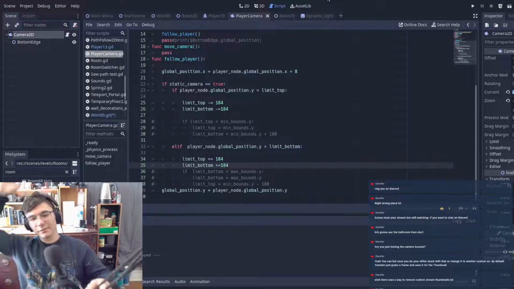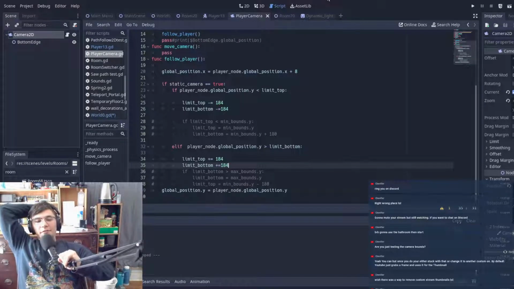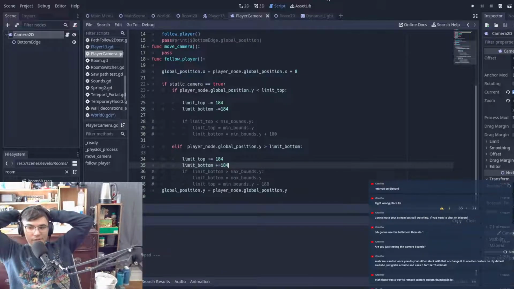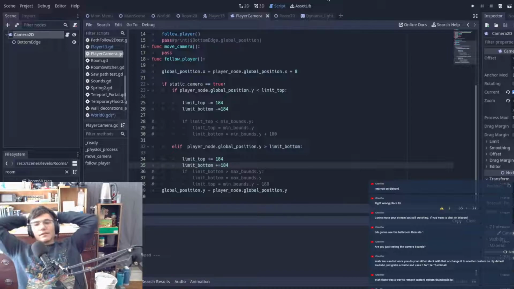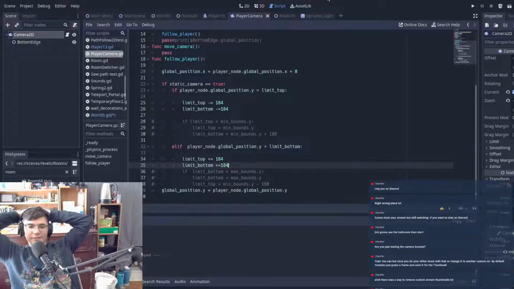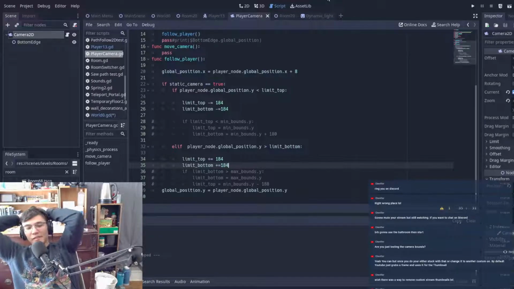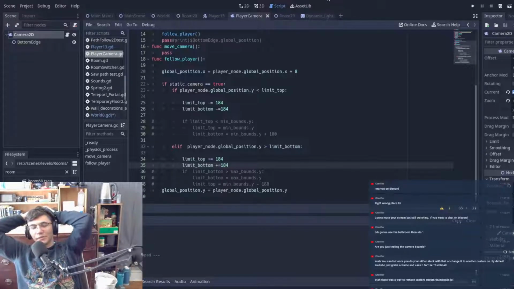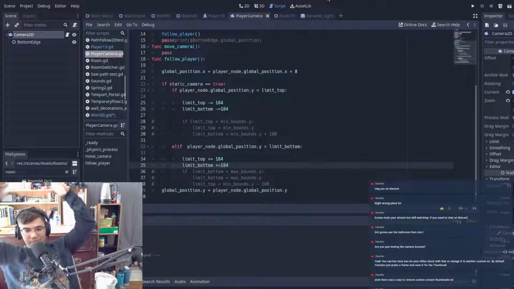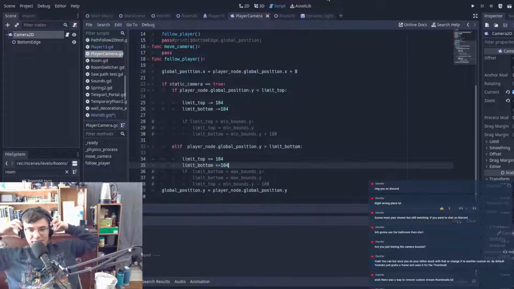Another solution I think we could theoretically do is divide our room into sections, like actually record how big the room is and then check which section we're closest to. I feel like the thing that gives us an issue, I don't know how to explain it. I guess because we're dealing with tile maps and camera movement, and the camera movement is based on pixels and not based on the tile map, and that sort of inconsistency there